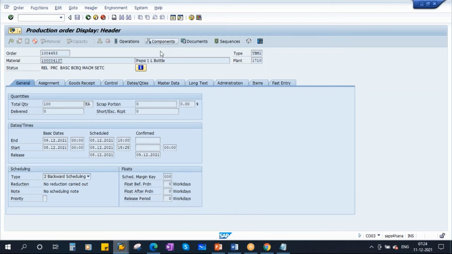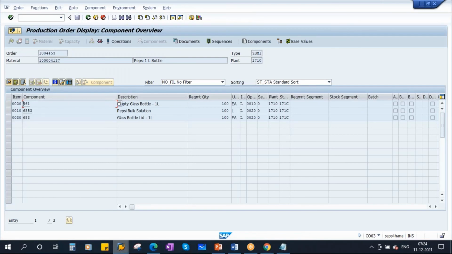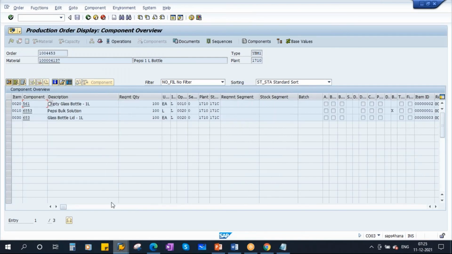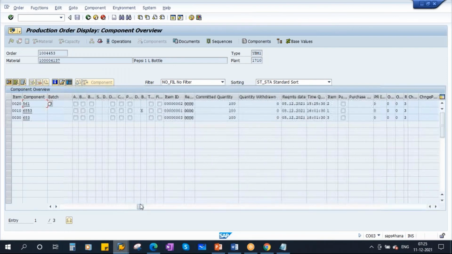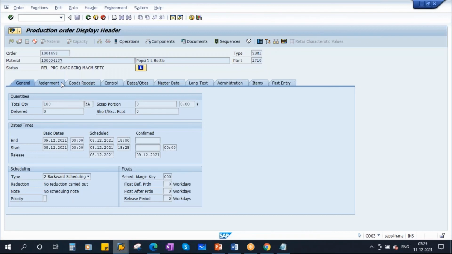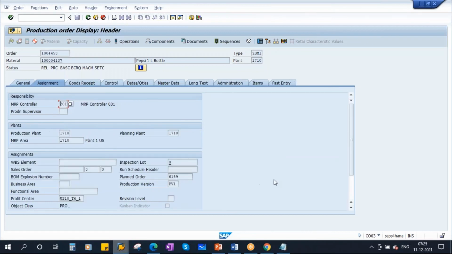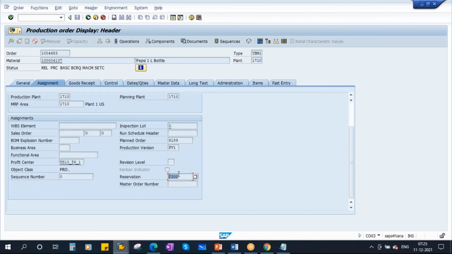If you go to components and scroll to the right, you see the committed quantity is there, but quantity withdrawn is not showing because the goods issue has not yet happened. Once the goods issue happens, this quantity withdrawn will get updated. One more thing: if you go to assignment, a reservation gets generated. We discussed this: when the production order is created, a reservation is generated for the BOM components.